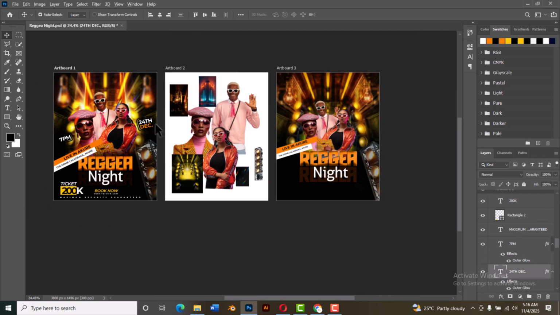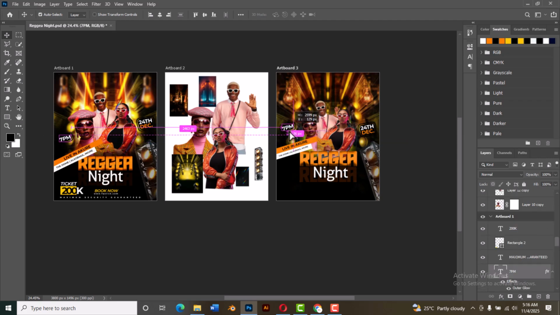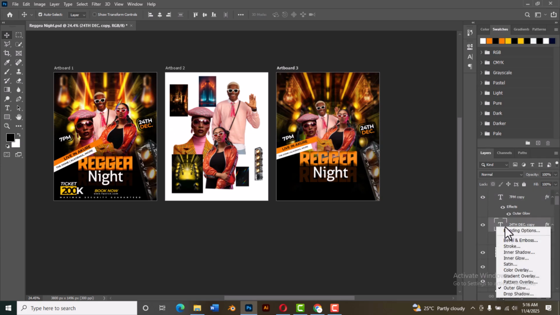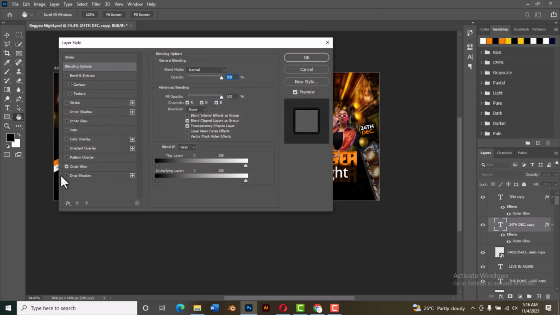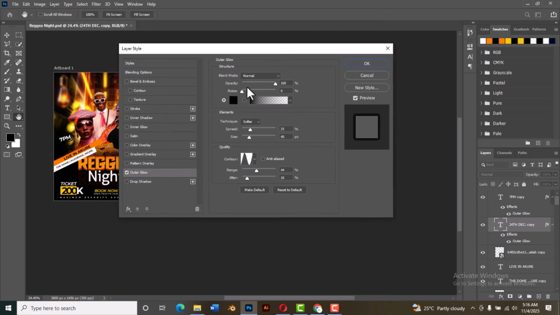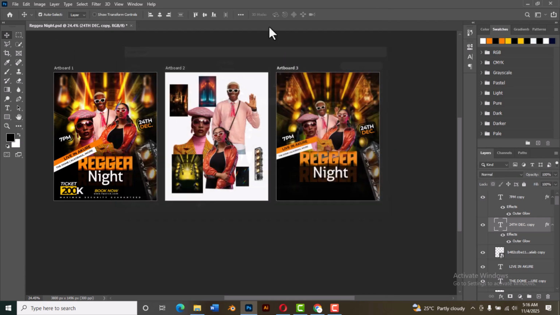Then this, I can copy this, I can copy the time as well, but this is how I achieve it. I click on FX, you can see outer layer, then check all the settings that I have here and apply the same thing. Okay,